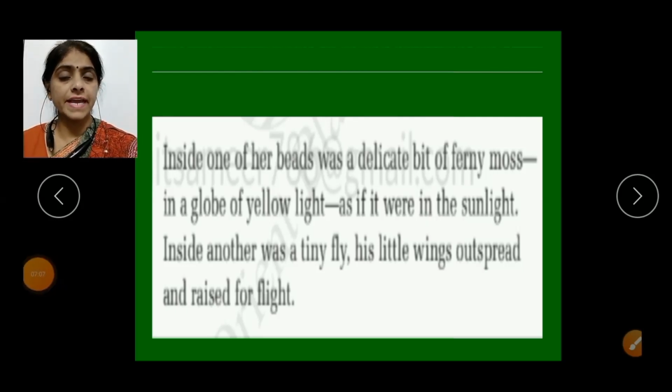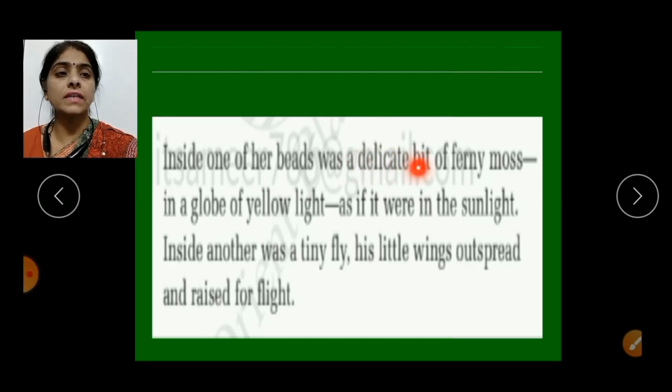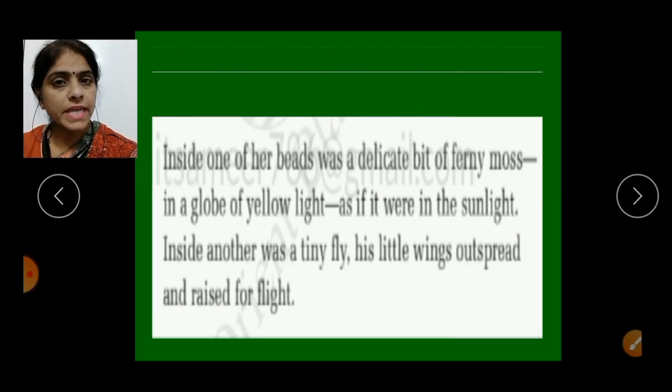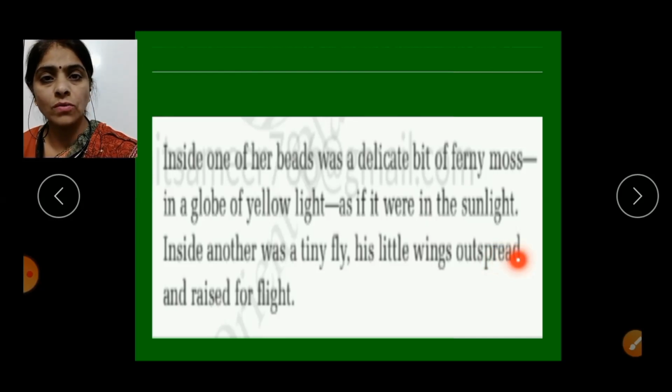Here the writer says that one of the beads was having a delicate bit of ferny moss, which was light yellow in color, and it looked like it was kept in the sunshine. The other bead was having a tiny fly inside it with his little wings outspread. Its wings looked like it was ready to fly.